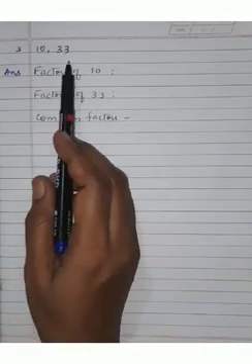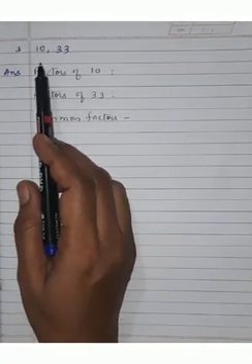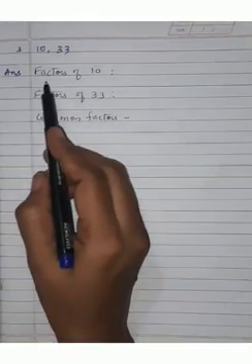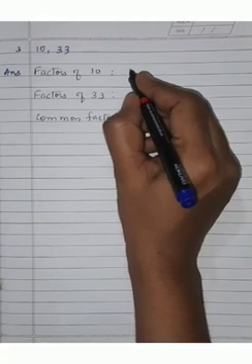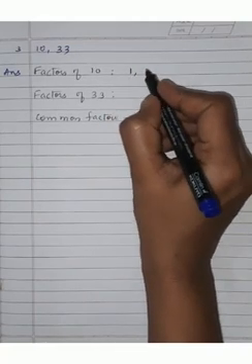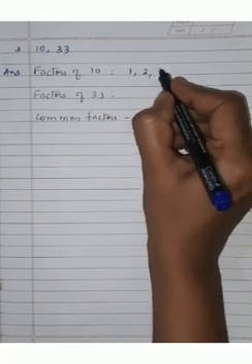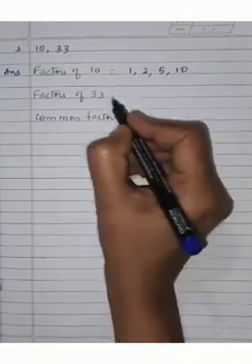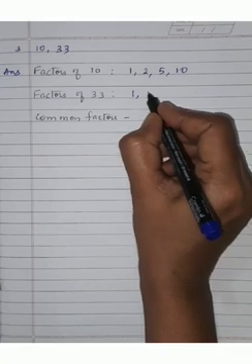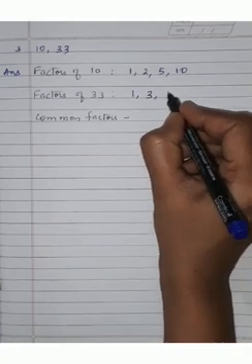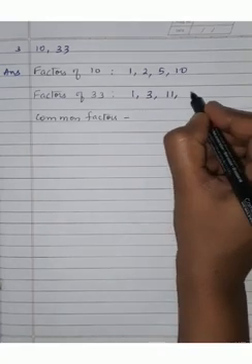Now students, our third sub question is 10 and 33. We have to find out whether 10, 33 are co-primes or not. So we'll start the answer as factors of 10. Factors of 10, children, we'll write it as in 1 table it comes, then in 2 table, then in 5 table, and in 10 table. Whereas the factors of 33 are 1 table, then in 3 table, that is 3 11s, then in 11 table it comes, then directly in 33 table it comes.